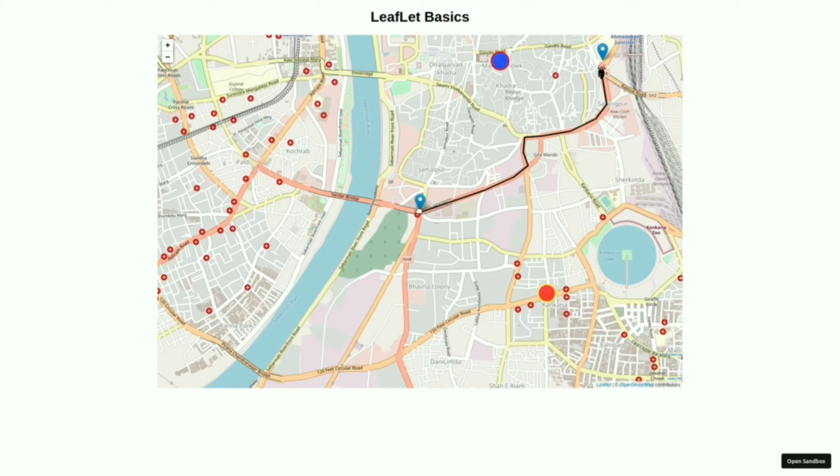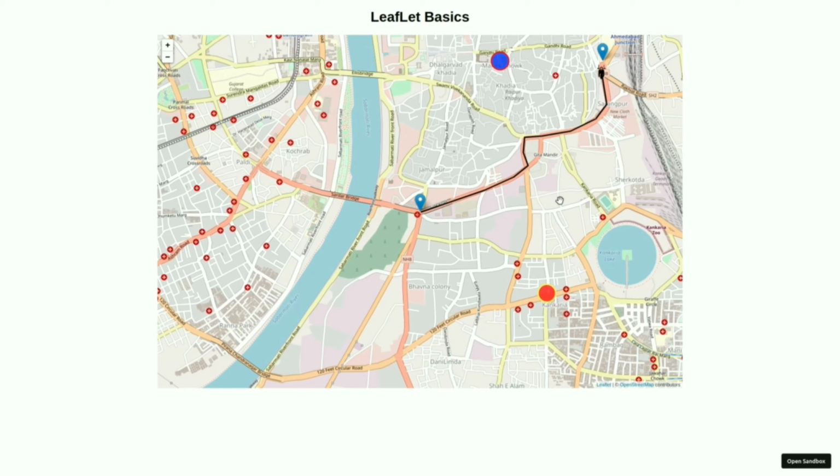Using the Leaflet marker element, you can render such type of marker inside your map. When you click on that marker, it will show the pop-up. Inside the pop-up, you can render any type of HTML element. Now using the Leaflet, you can render such type of circle inside your map. You can provide the background color and border color to that circle. Also when you click on that circle, it will show the pop-up.